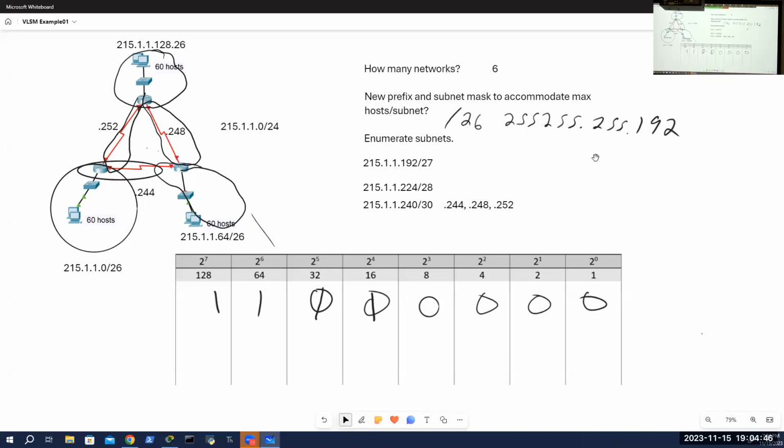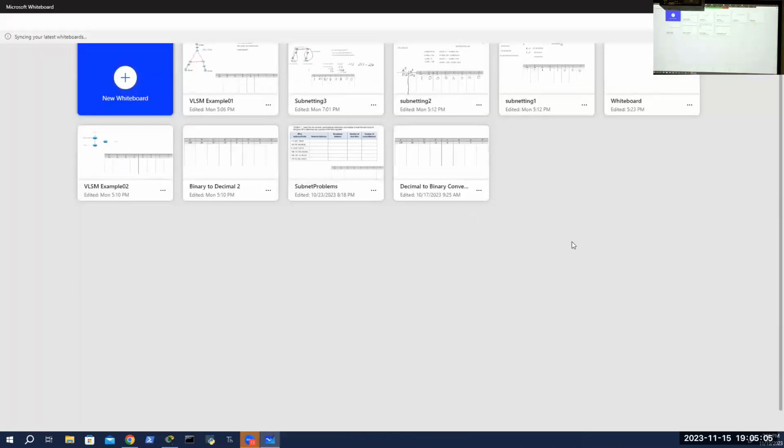Okay, so hope that made a fair amount of sense. Now, this is one where the largest number of hosts happen to be the same on each network. So all of these LANs got the same subnet mask. And then a problem like this,